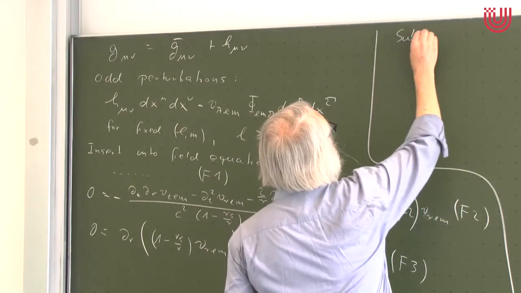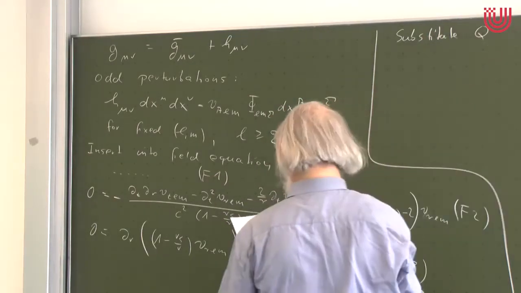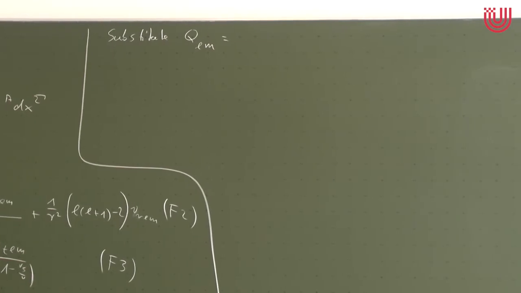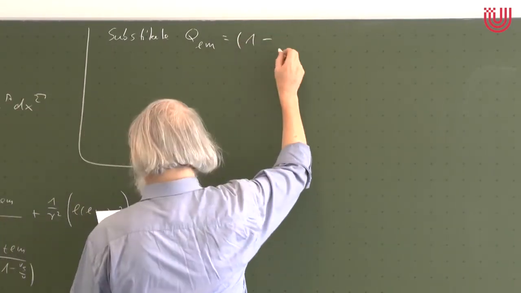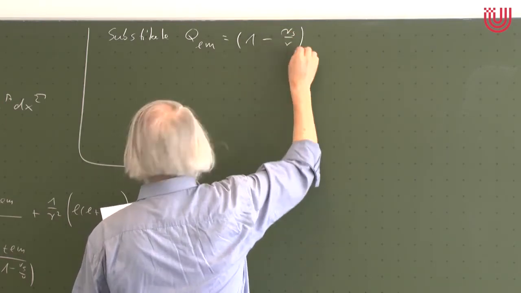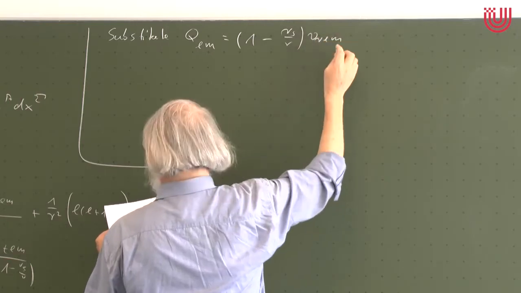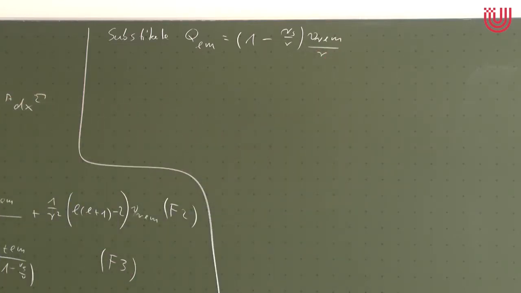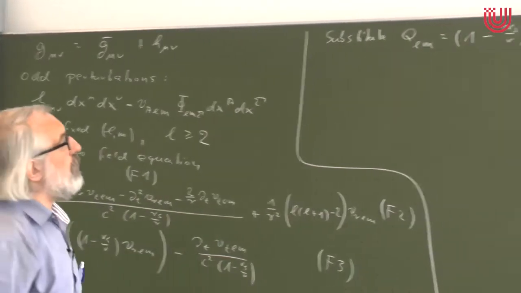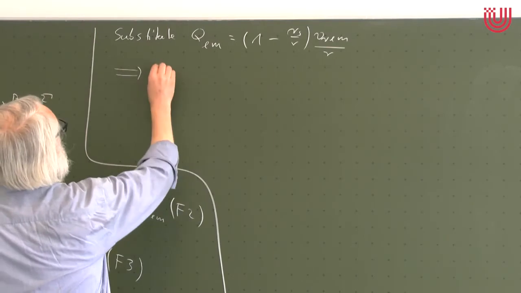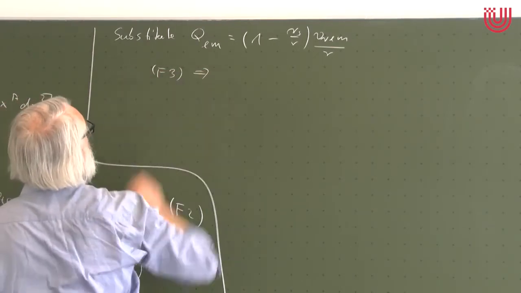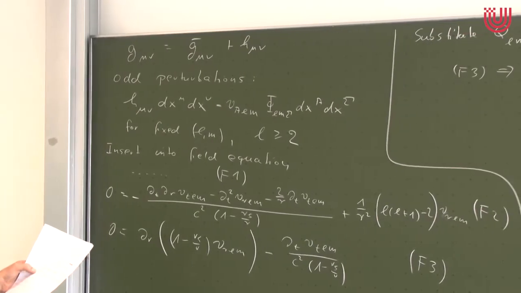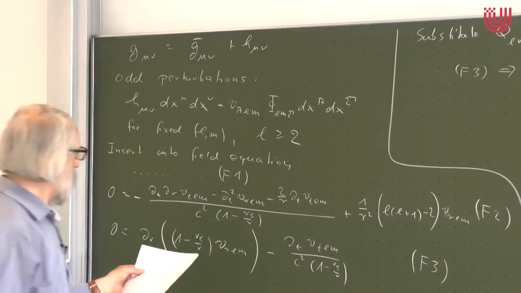So I introduce a new quantity which I call capital Q_lm, which substitutes for the V_rlm. It is (1 minus rs over r) V_rlm over r. So you see that this is very convenient for this expression here. F3 implies the following equation. If I insert this for V_rlm, then I get